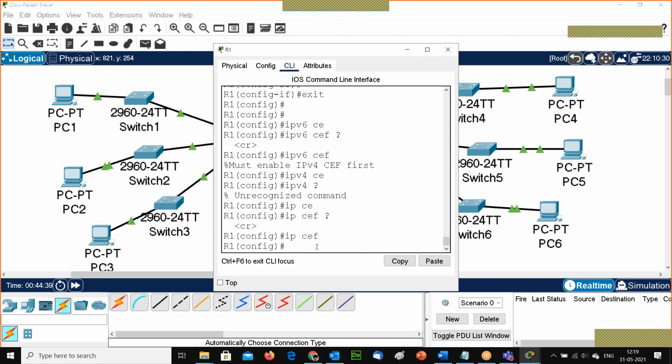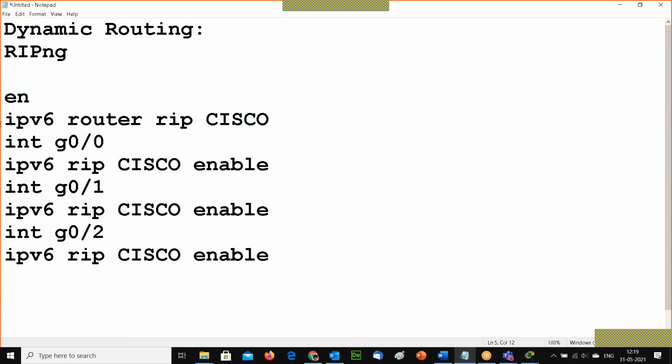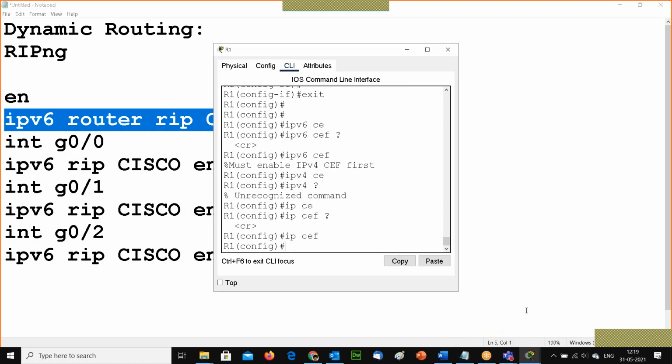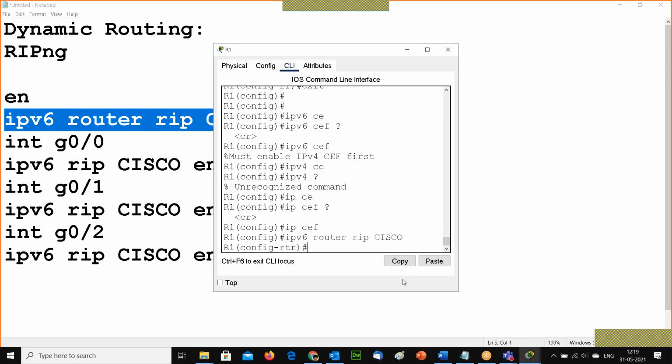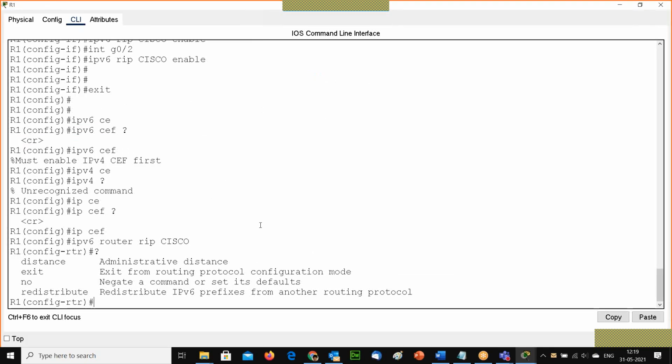Okay. Then I'm just writing the first line, IPv6 router. There is nothing called redistribute or anything. It happens to be not there. So let's fix it.